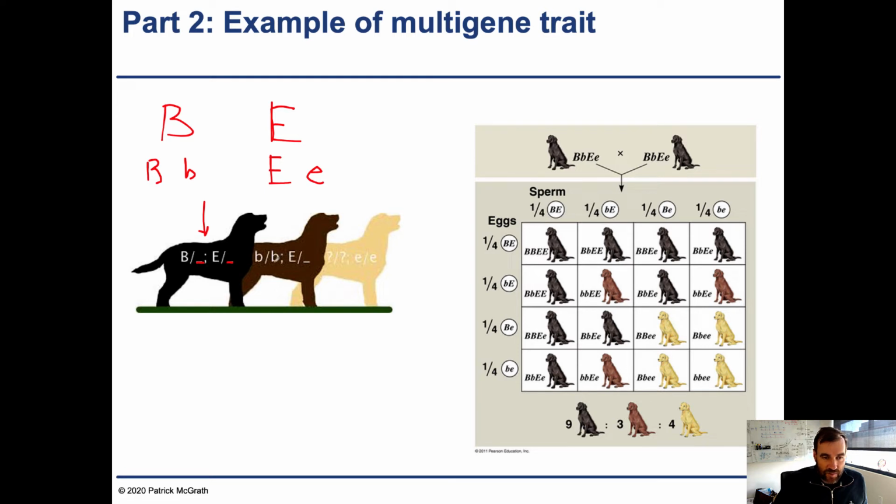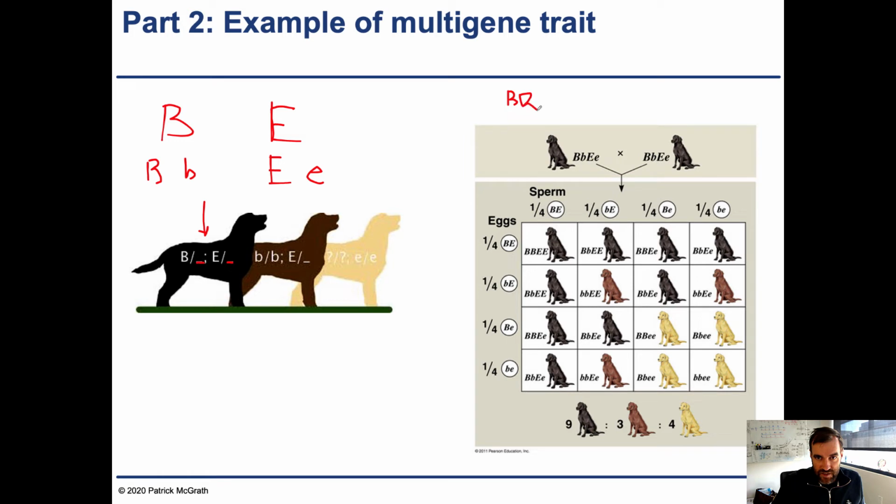The chocolate labs had little b, so they're homozygous for the recessive allele of the B, and then as long as they had this big E, they're chocolate. And then finally, any lab that was homozygous recessive for the little e was a yellow lab no matter what. And so again, if we did an intercross,